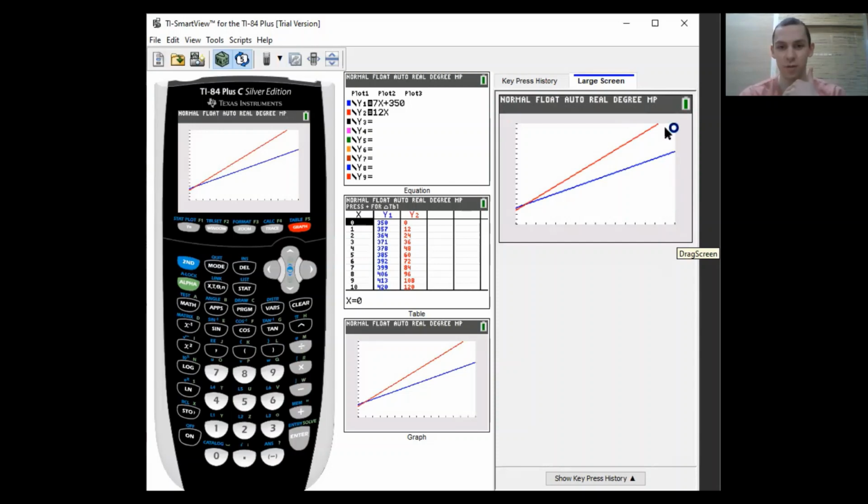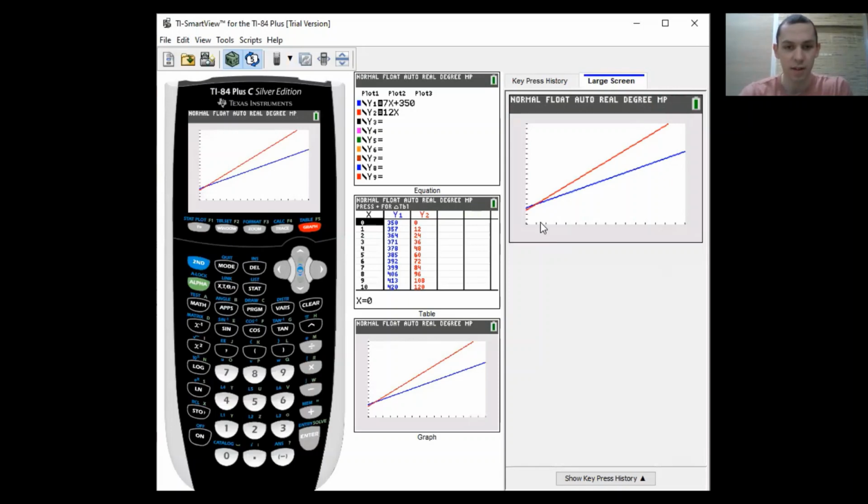So this would be 84. I don't know about you all, it doesn't look like they intersect here. And this would be 70, and that looks pretty awful close. So I'm going to go out on a limb and say it's 70. However, to check, because I don't ever want any estimates or guesses, if we go to the table, we can